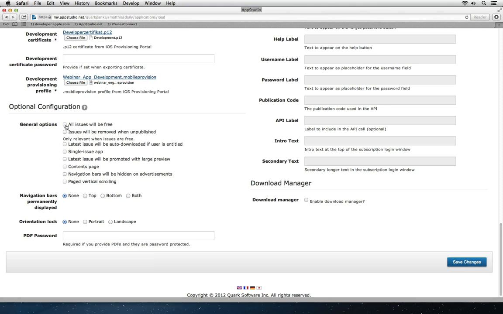I could say all issues will be free, or I'll choose in-app purchase. That's probably for most magazines and newspapers, it's a common thing that the app is free and the issues will be sold. For marketing and communication, I guess you will probably have everything for free, so you might as well check that. When unpublished issues will be removed,